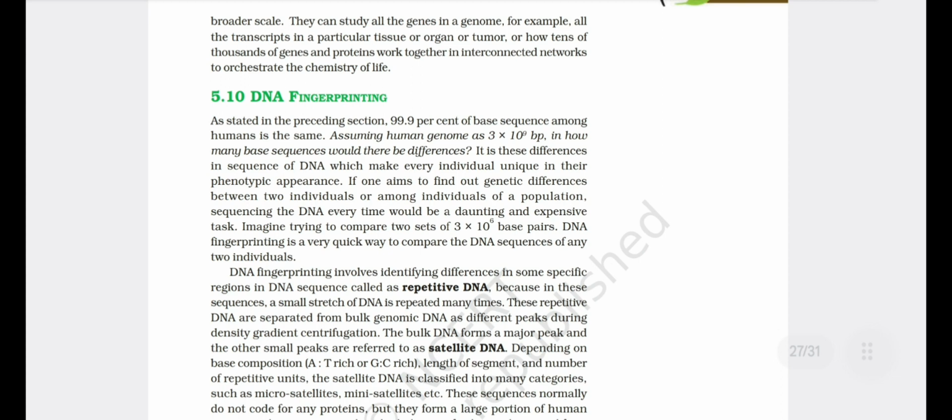DNA fingerprinting is a technique that shows the genetic makeup of living things. It is a method of finding the difference between satellite DNA regions in the genome. And 99% of a base sequence among humans is the same. So it is just a little bit of difference among all of us. It is these differences in the sequence of DNA which make every individual unique in their